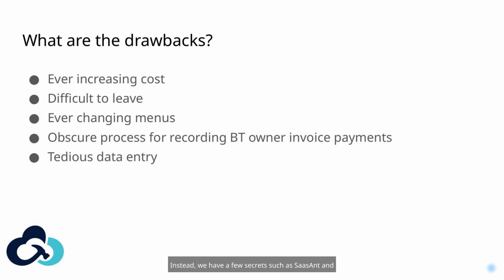Instead, we have a few secrets such as Sasant and Excel Transaction Pro that allow for mass data uploads that cut the time requirement tremendously. However, these tools have to be used 100% correctly, or else you could easily create huge headaches such as duplicating your entire customer or vendor lists, adding unnecessary categories in your chart of accounts, and booking thousands of transactions to uncategorized expense. Yikes. Despite all of this, we still stand by QBO as the best accounting system for home builders,